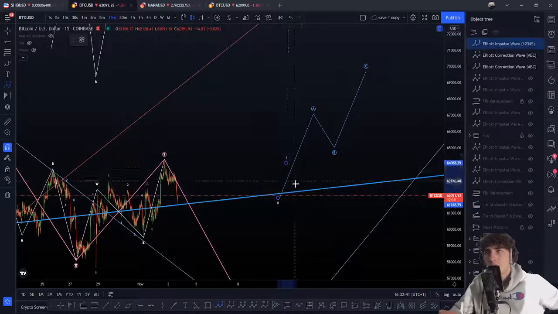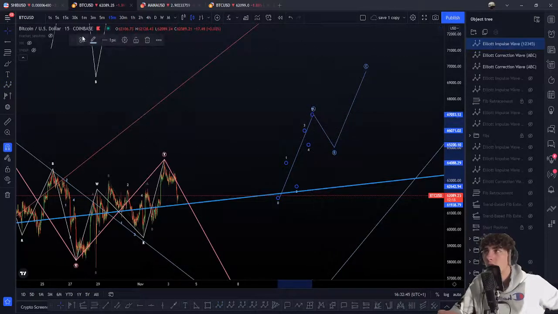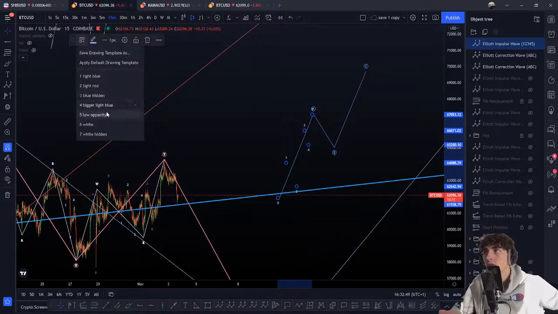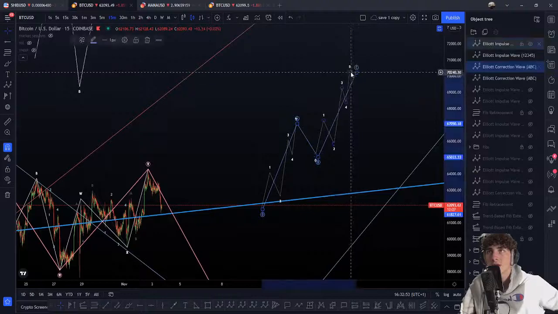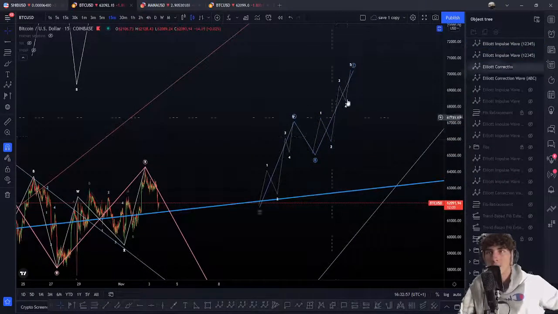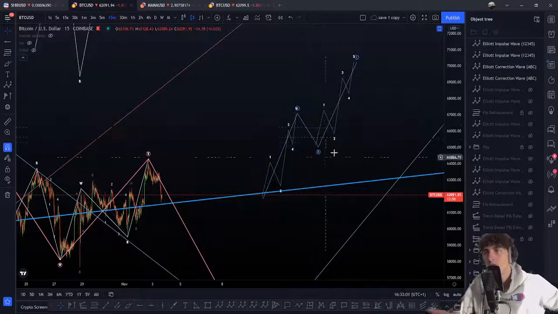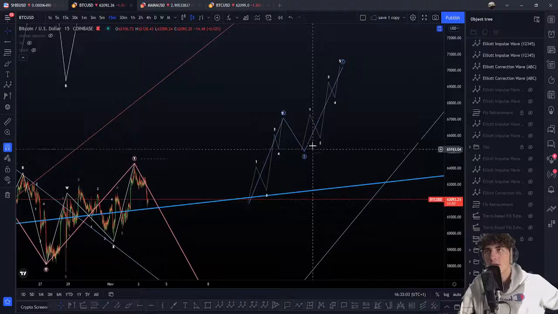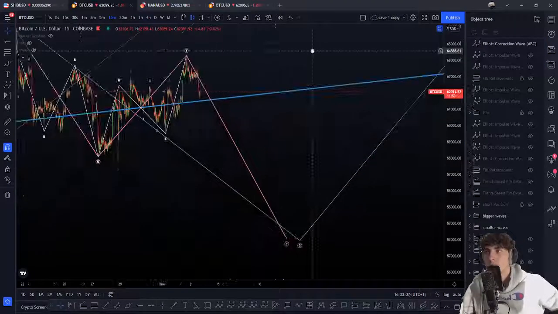So 5 waves impulsive or leading in the first wave. Oops, okay, in the A wave just right there. So this one, 5 waves. Oof, that's ugly. Apologize for this, but anyway, you understood me. So ending possible inside the C wave, but most of the time we have an impulsive wave, then a triple correction, triangle, whatever you want inside the correction wave in the B wave, and then the 5 waves to the upside. Okay, so here that's what we should get.